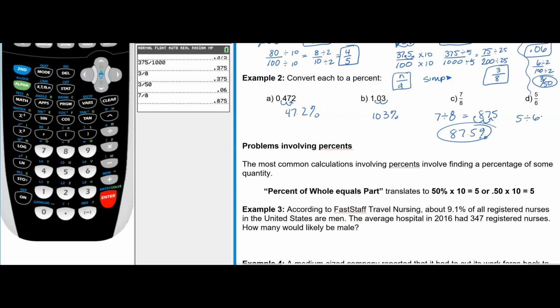Okay, same thing with 5/6. You're going to do 5 divided by 6. Whoops, I'm typing in my notes here. Let me go to the calculator. 5 divided by 6. You end up getting, oh, we've got a repeating decimal. So this is a good one to talk about. So 0.8